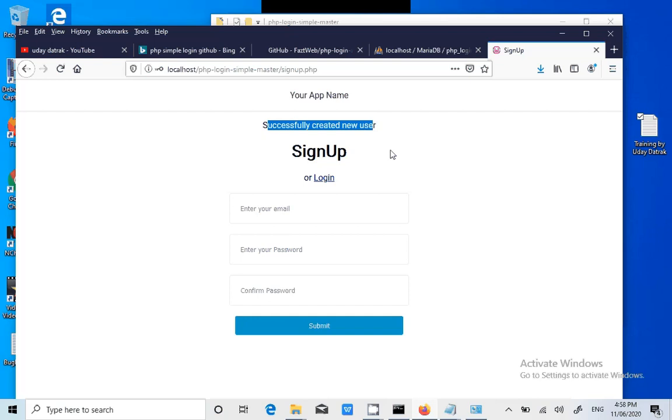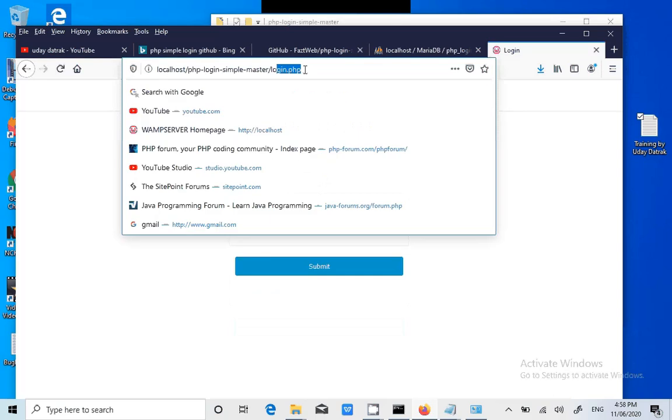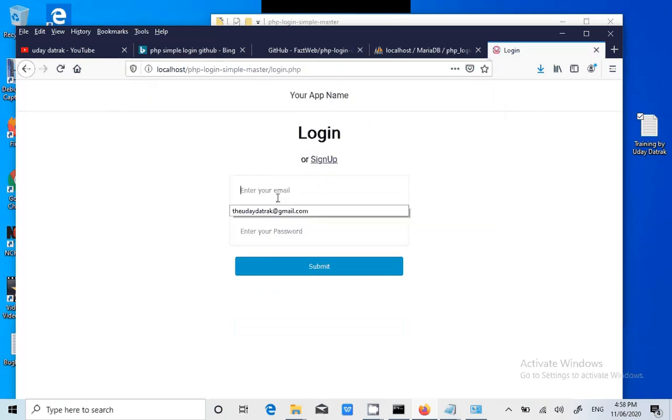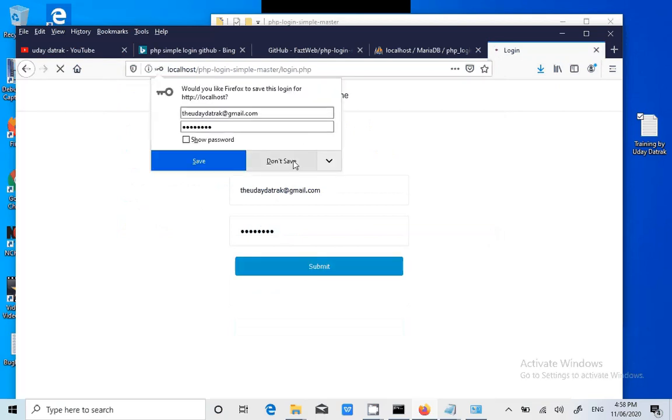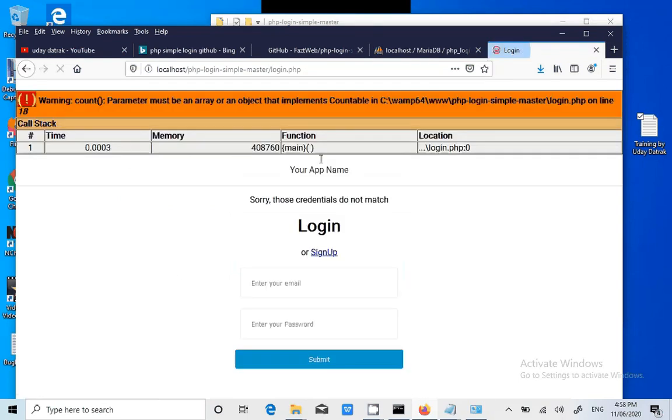Now we need to see whether we can successfully log in or not. If we get an error, then we have to go to this particular file and make changes to the username and password. That's okay if it doesn't log in, that's fine. Okay, sorry, those credentials do not match. Parameter must be an array.